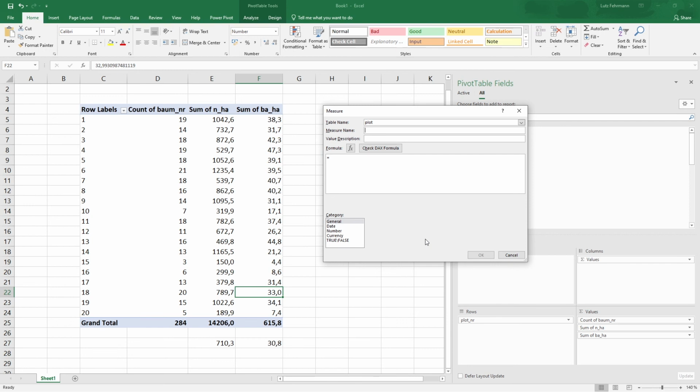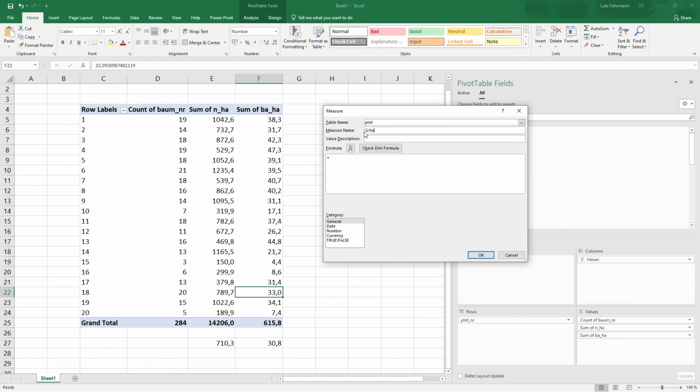And this is something that makes a pivot table even more efficient and more useful than the simple aggregations that I showed you here. And I will give a very short example of how an estimator would look like in this very, very simple basic example.